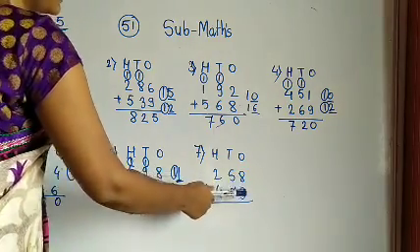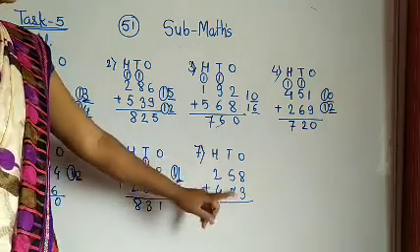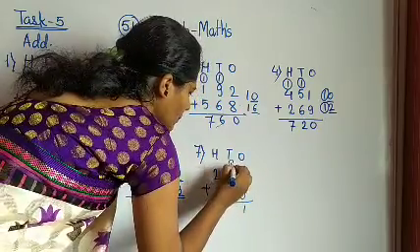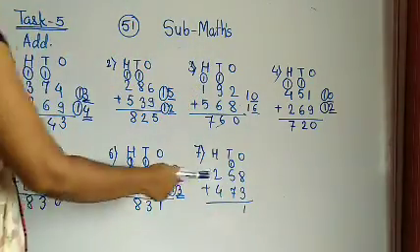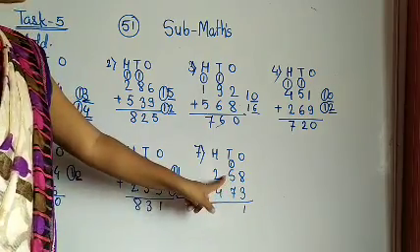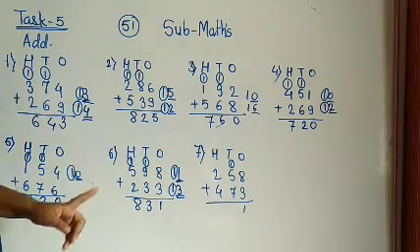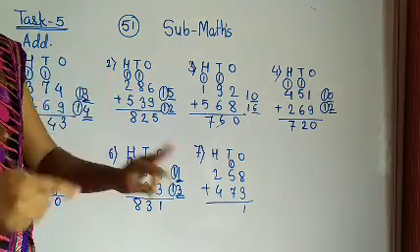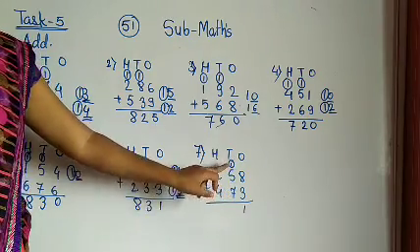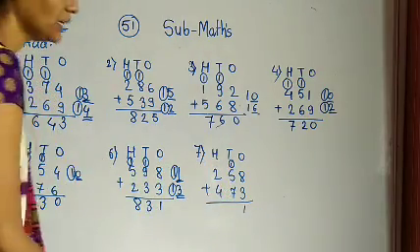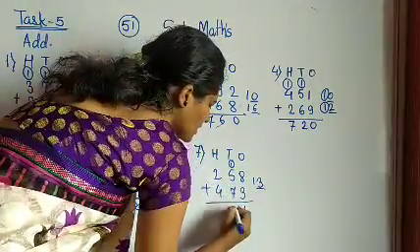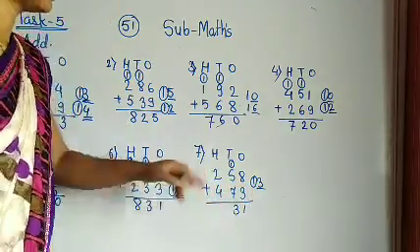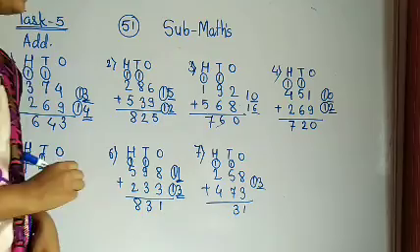Now see, 8 plus 3, after 8 count 3: 9, 10, 11. 11, 1 is here, 1 will be carry forward. Now, 5 plus 7, means in 7 you have to add 5. So after 7 count 5: 7, 8, 9, 10, 11, 12. So 7 plus 5 is 12 and 12 plus 1 is 13. In 13, see, 3 is downside and on 10's place, that is 1, that is the carry forward.